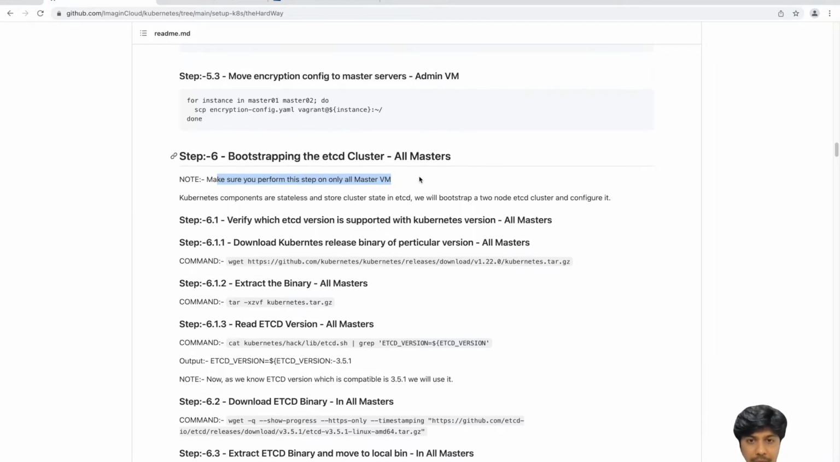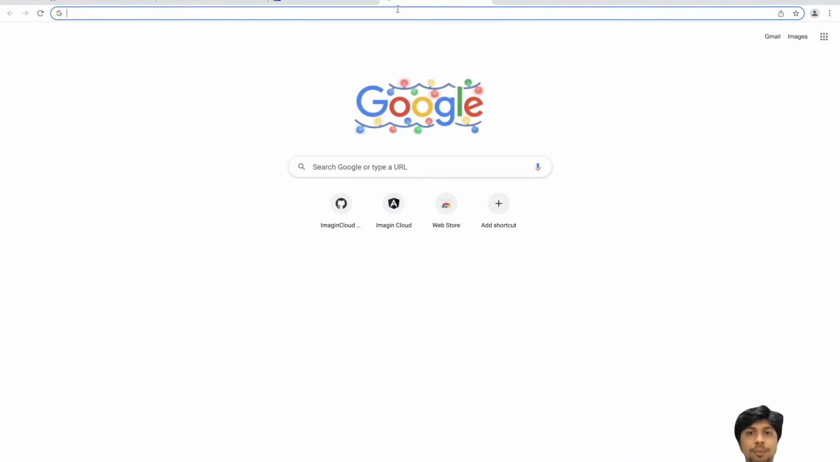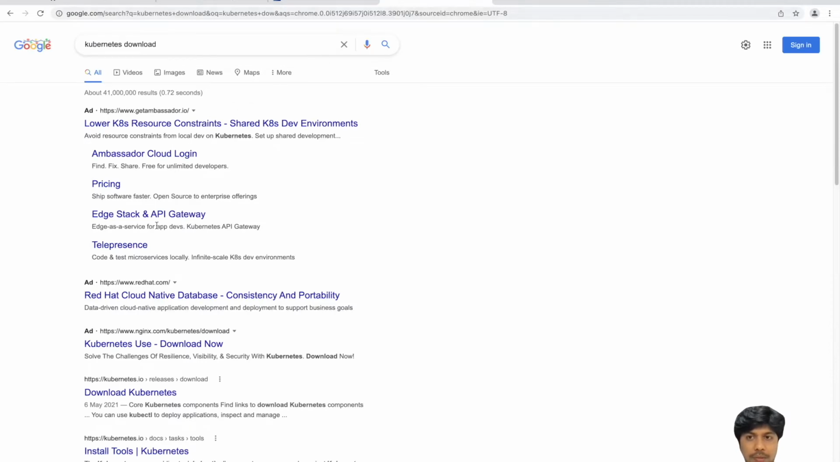These steps we have to do in the master VM. Kubernetes components are stateless and store the cluster state in etcd. We'll bootstrap a 2-node etcd cluster and configure it. First, verify which etcd version is supported with Kubernetes. Why this verification step? Because etcd is not maintained by Kubernetes. It is a third-party component being used. So every Kubernetes release which is given is downloadable from